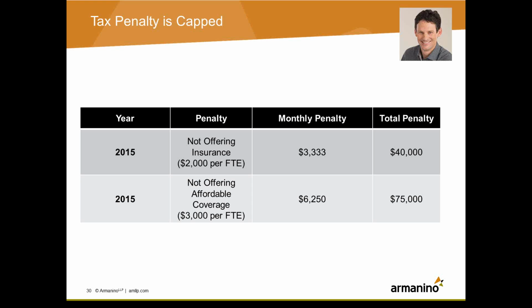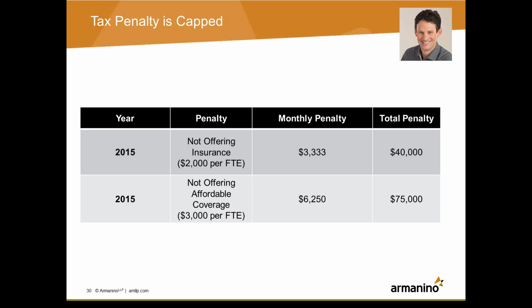So as you recall, our penalty for not offering insurance in this example was $40,000. Well, that's less than the penalty for not offering the affordable coverage. So your penalty would not have been $75,000 in this case, but it'd be capped at $40,000,